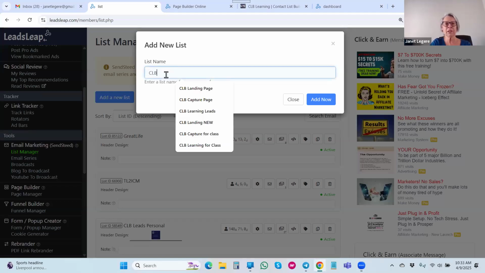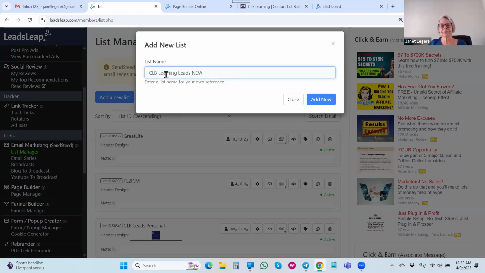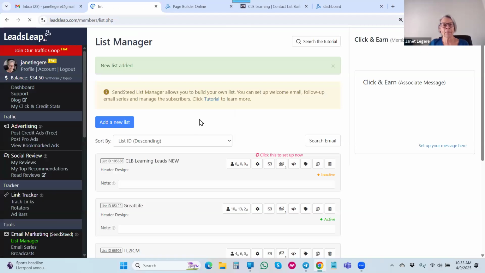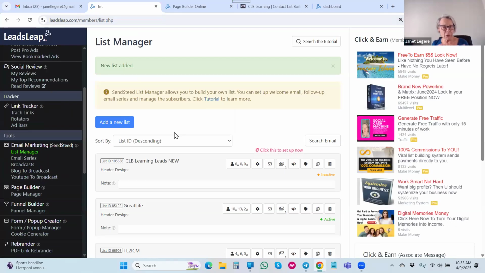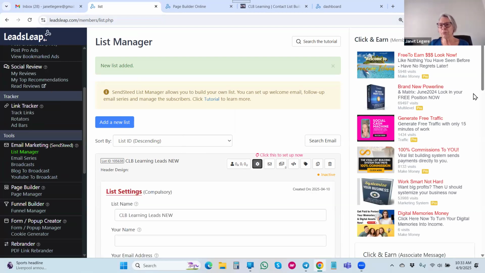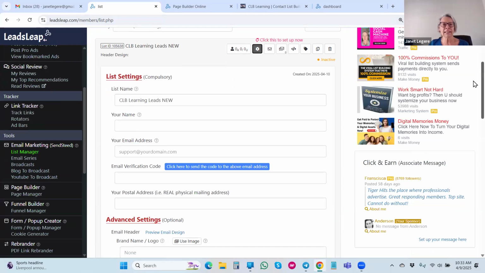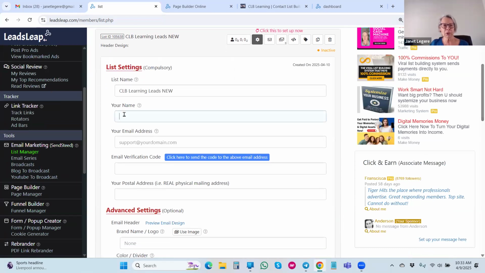And we'll call it CLB Learning Leads New. Add that. And you can call it whatever you want. That's for your personal use. You can just call it your list. All right, so now we're going to click on the settings. I'm not importing the emails just yet. I'm going to set up the account. So you need to put your name,